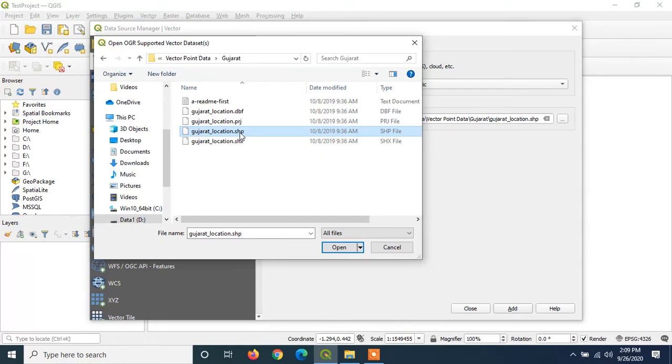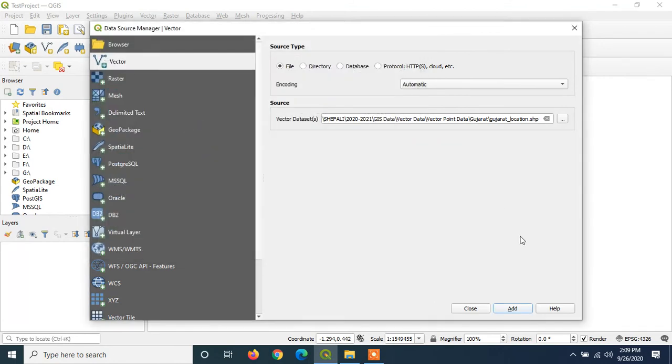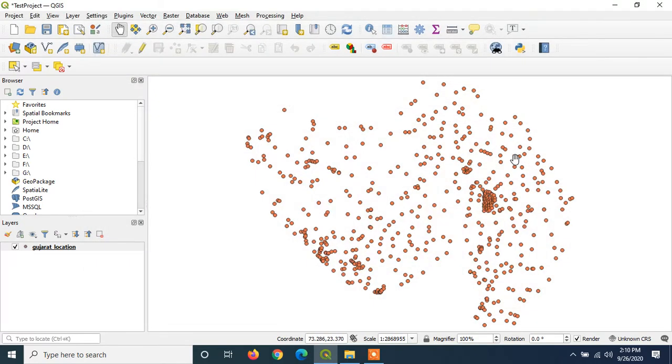So this is the vector data point which we already have, which was created by someone else. We are just adding this into our project. So we have to select the .shp file and you can click on add and then close. As you can see here, vector data point layer has been added.